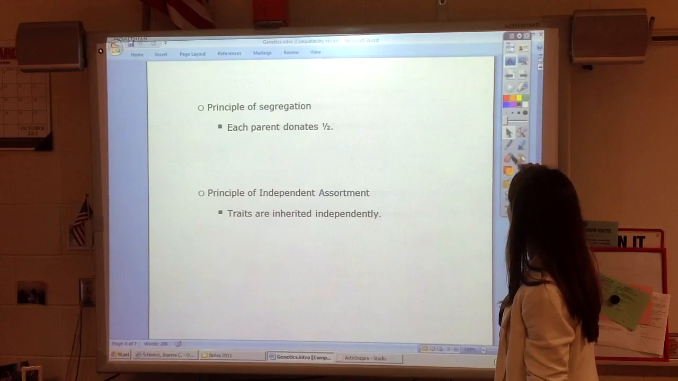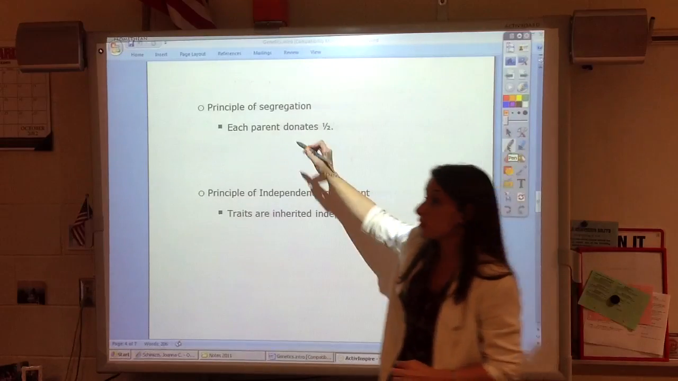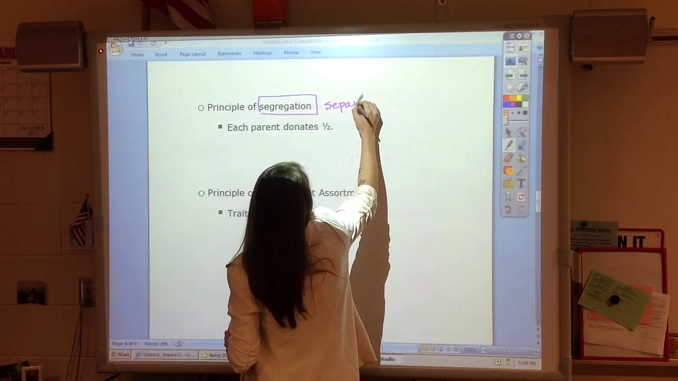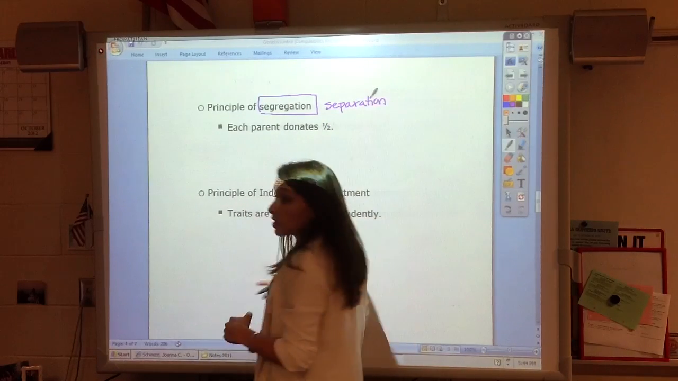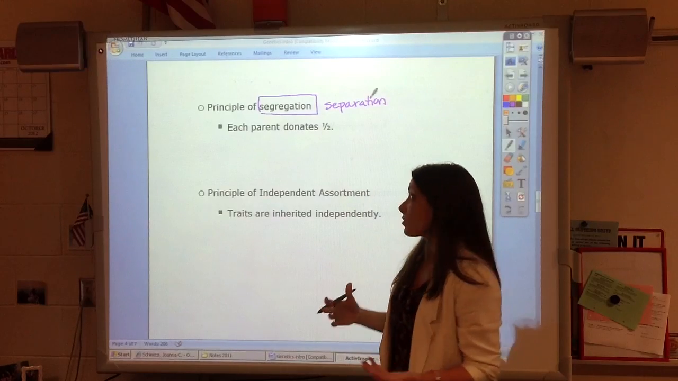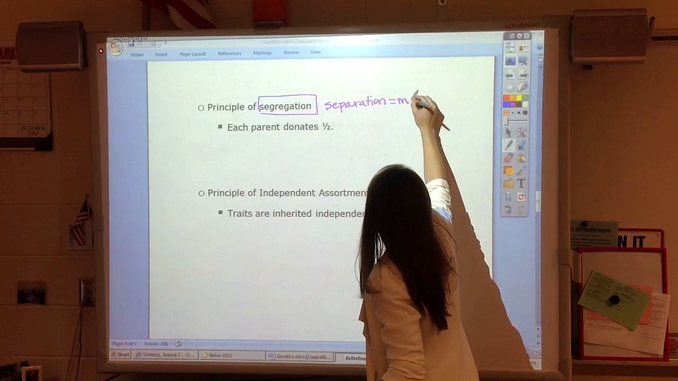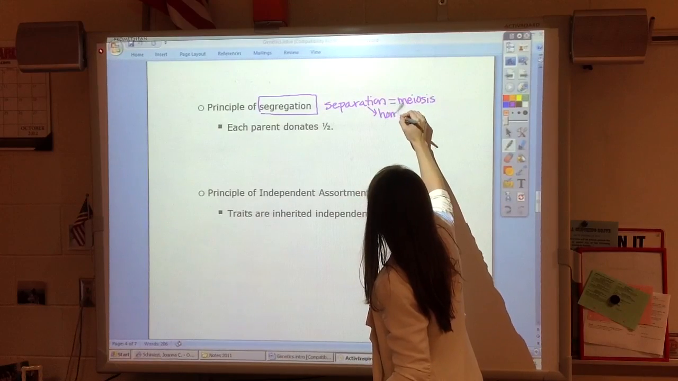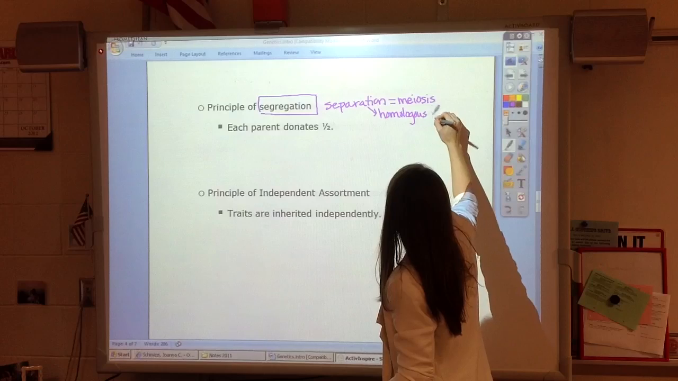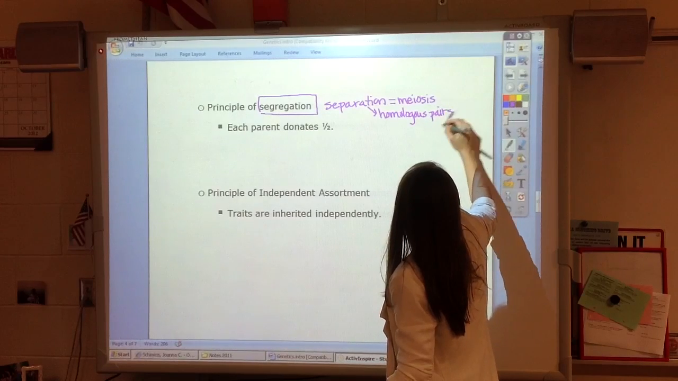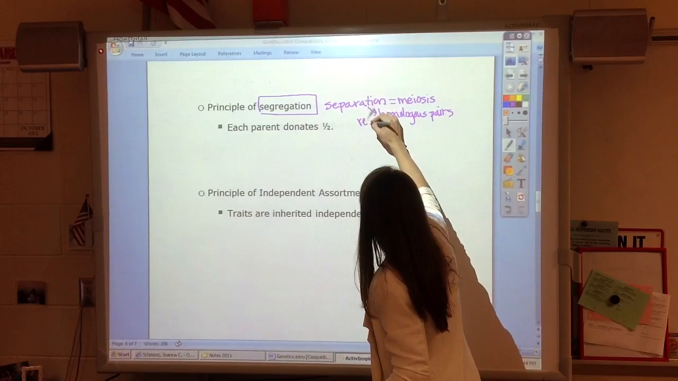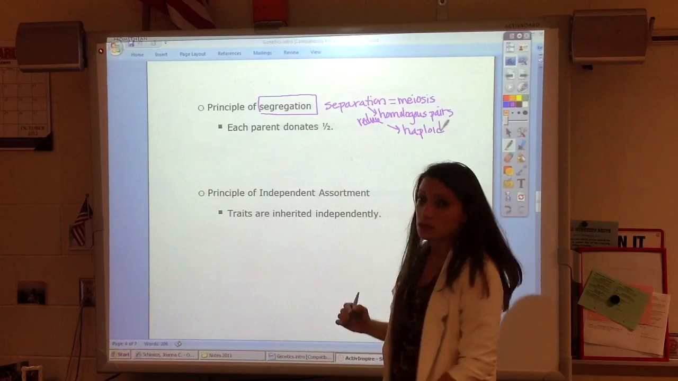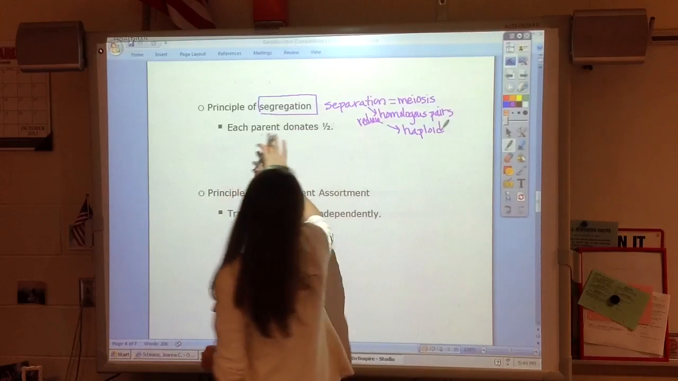Each parent is donating half, and this is called the principle of segregation. We can think of this as separation, right? We know the word segregate. We can think of it as separation. And this, we know, happens during meiosis, when we separate the homologous pairs and we reduce to go to haploid. Now, Mendel didn't know anything about meiosis, but he did know that each parent was donating